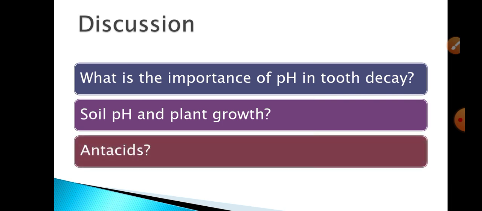So, what are antacids? Antacids are substances which are basic in nature. Being basic in nature, antacids react with the excess acid in the stomach and neutralize it. The two common antacids used for curing indigestion due to acidity are magnesium hydroxide or sodium hydrogen carbonate. By discussing these types of questions, we have got an understanding of how pH is important in our life.